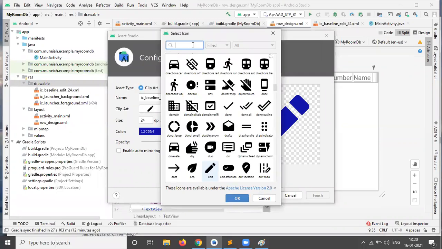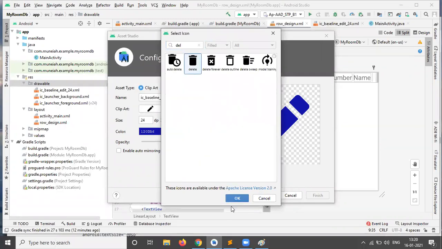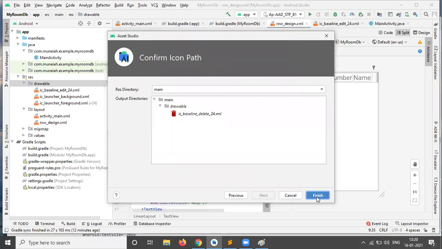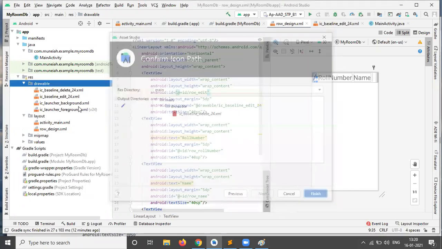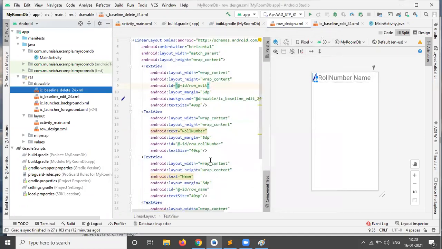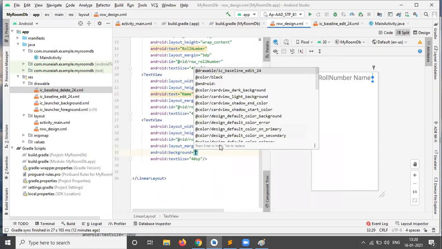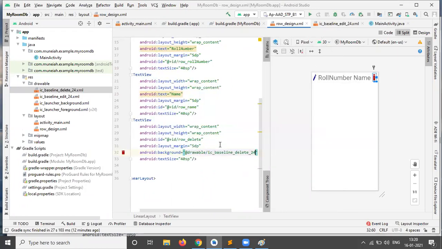I'm taking red color here, and click on next and finish. And this icon is added as the last text view background. The background should be the delete icon.